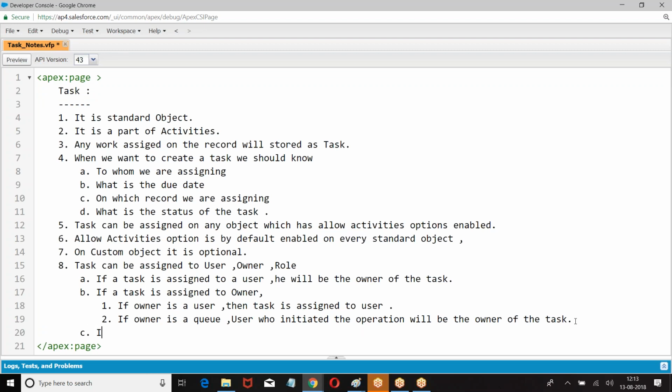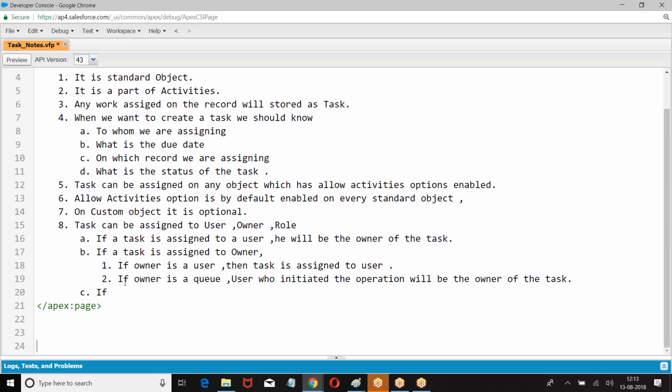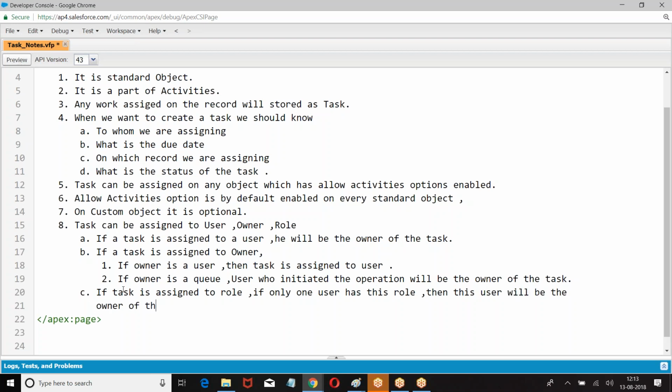If a task is assigned to a role and there is only one user, then that user becomes the owner.